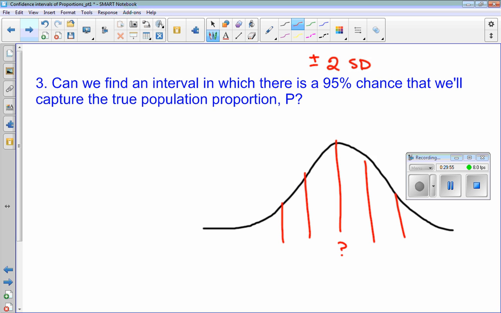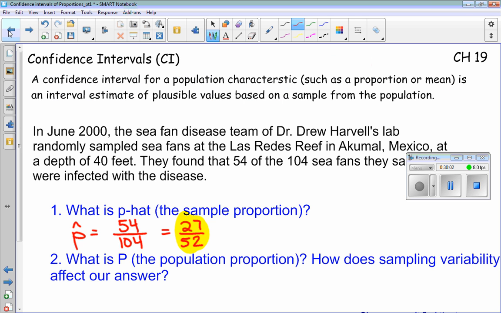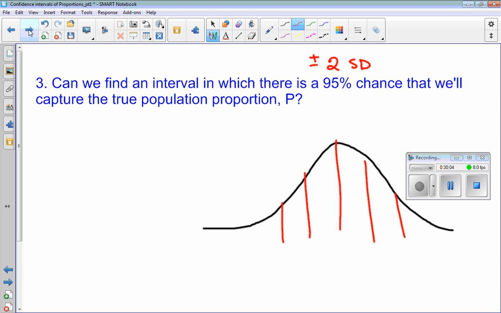So what did we say here? We said our p hat was 54 out of, what was it? I don't remember. 54 out of 104. So if I have 54 out of 104, then we'd have to find our standard error. Let's do that just real quick, should we? So our standard error, we have to write it as SE. Standard error,